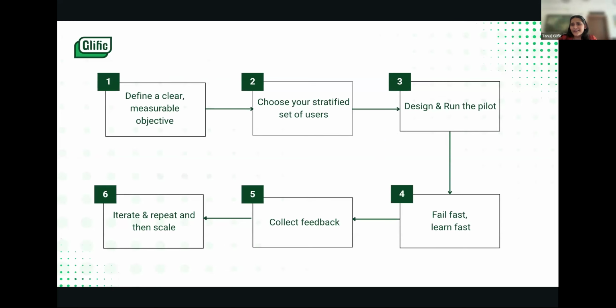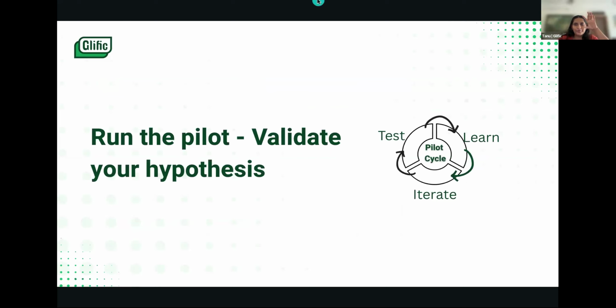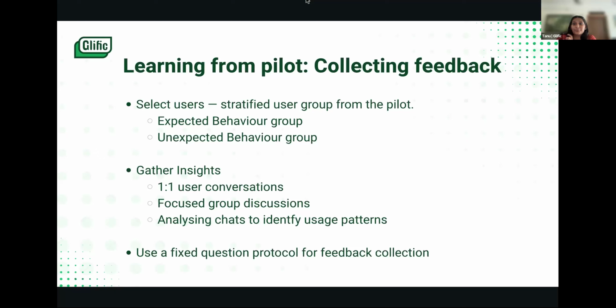In terms of timeline, you execute, infer the results, iterate, and execute again. And finally, the last leg, which is most crucial, is actually collecting feedback from them. As I said, when you have data flowing in, it's going to tell you that users are dropping off at say x juncture, but it's not going to tell you what is making them drop off. To understand why they did this is very important. The only way you can do that is actually speak to them, right?